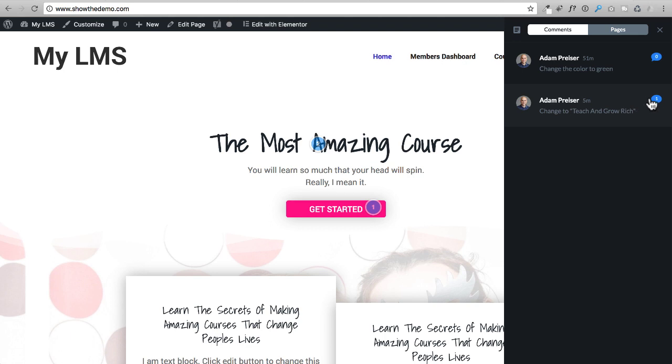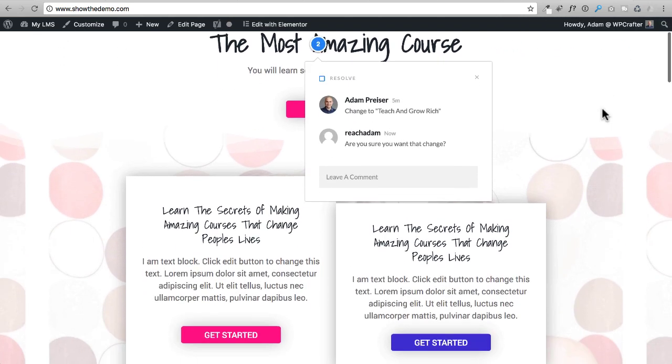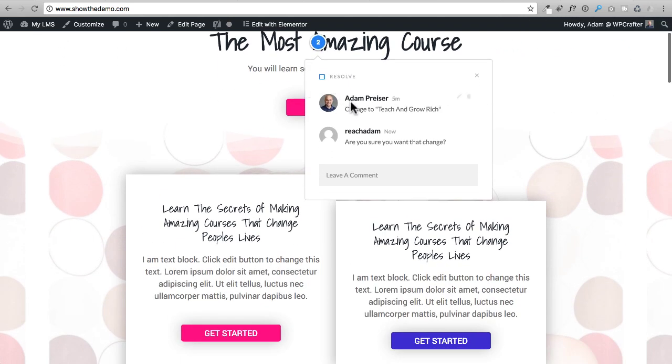And so here is the little speech bubble and I can click on it and there it is. It's saying right here, and here's my comment back. Are you sure you want to change that? And what's nice is there's this resolved checkbox. So I could have replied, okay, I've made the change. If you like how it looks, click on the resolve checkbox and then they can go ahead and click on